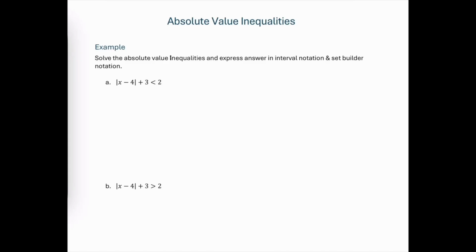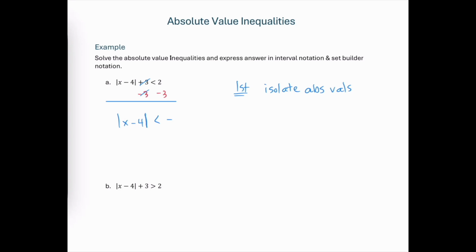Solve the absolute value inequalities and express your answers in both interval notation and in set builder notation. Our first step is to isolate the absolute value bars. And in part A, we can do that by subtracting 3 from both sides. The 3's cancel on the left, and what remains is the absolute value of x minus 4, which is strictly